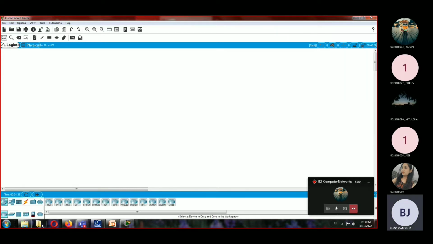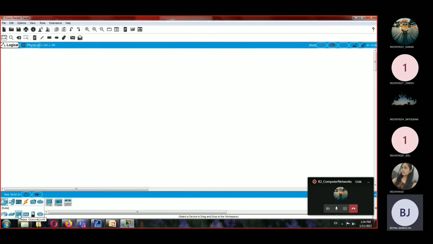Multi-user, right? So our first practical in Cisco Packet Tracer is to create a network with five computers and one hub. To take out those network devices, we'll go on the network devices, and from here you can see routers, then switches, hubs, wireless devices, security, and WAN. Are you able to see? Yes, ma'am. We are going to use the hub right now.